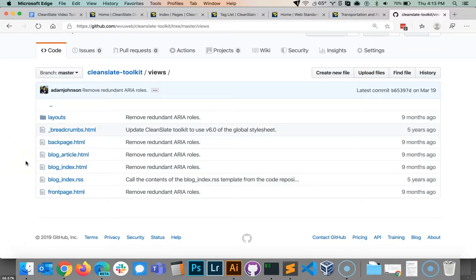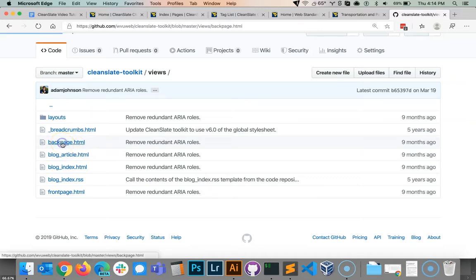So each template is just a name and then .html. If it has two words, it's got an underscore. We recommend keeping your templates all lowercase, and we recommend also using underscores where appropriate, because in the CleanSlate admin, it will actually capitalize, for example, the B and the A in blog article and create a space where this underscore is. So now that we've talked a little bit about templates, let's actually go into one and see